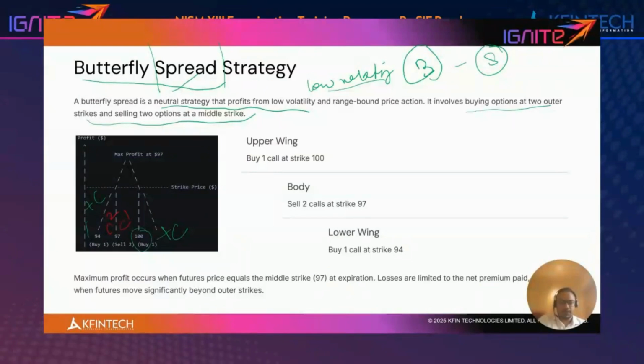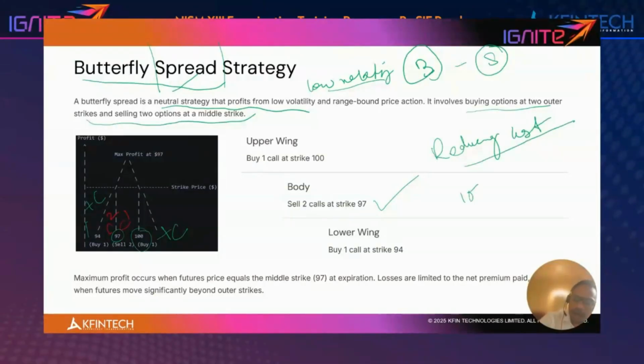Now what are we essentially doing? When buying a 100 call and buying a 94 call, I am saying that the market is going to go up. But if the market does not perform well, I am also selling the call at 97. So what I'm doing, I am essentially reducing my cost